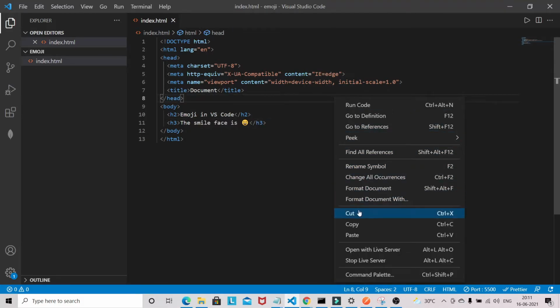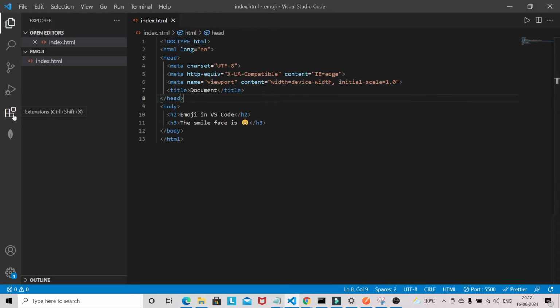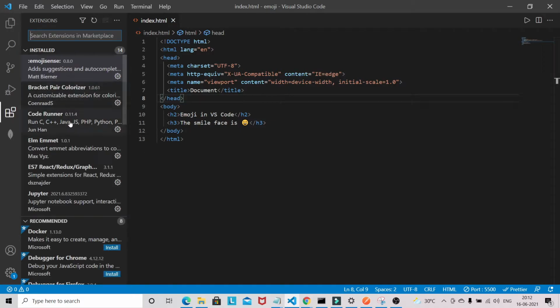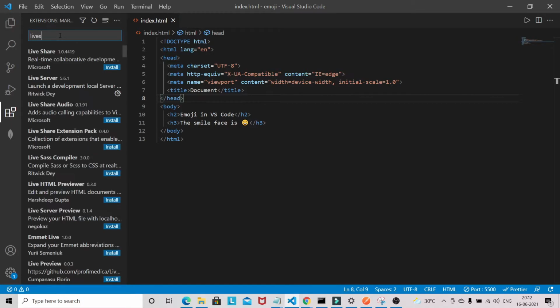Okay, and I will run with this live server. So this is already running, and if you don't have live server, then you have to install that extension also. So you can just type live server.